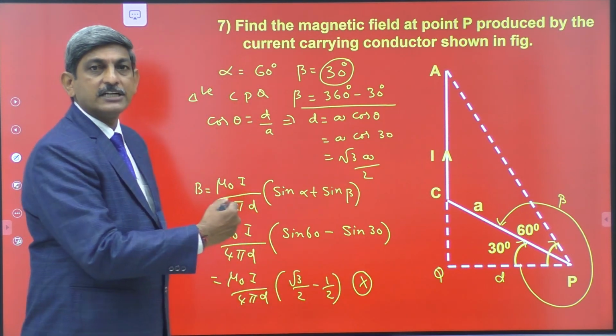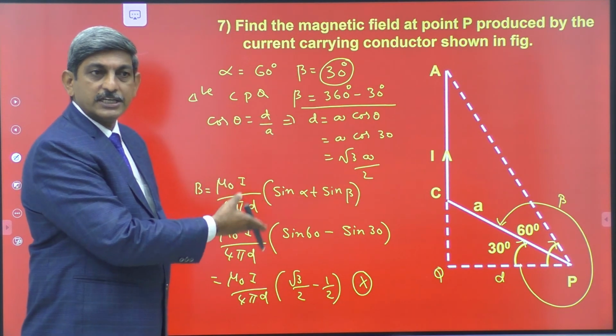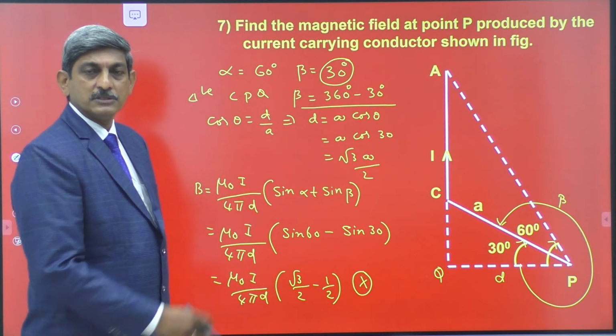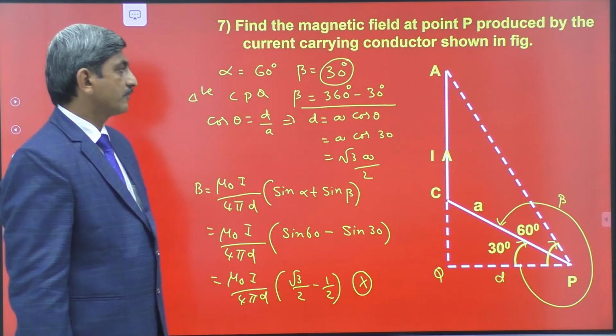Right? So let us identify the difference. Now, whatever the concepts studied here, while solving these problems, we are going to apply the same formulas in the coming part of the problems also.